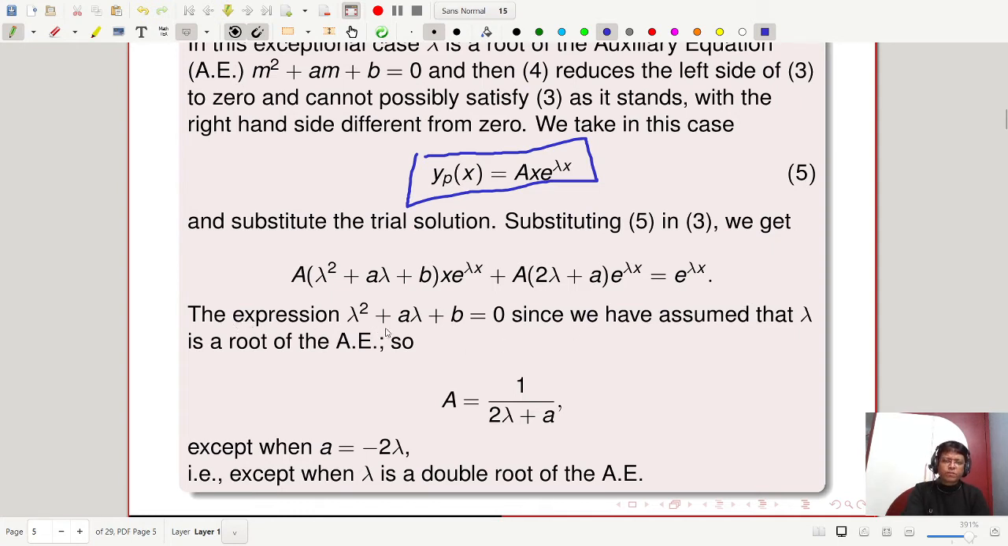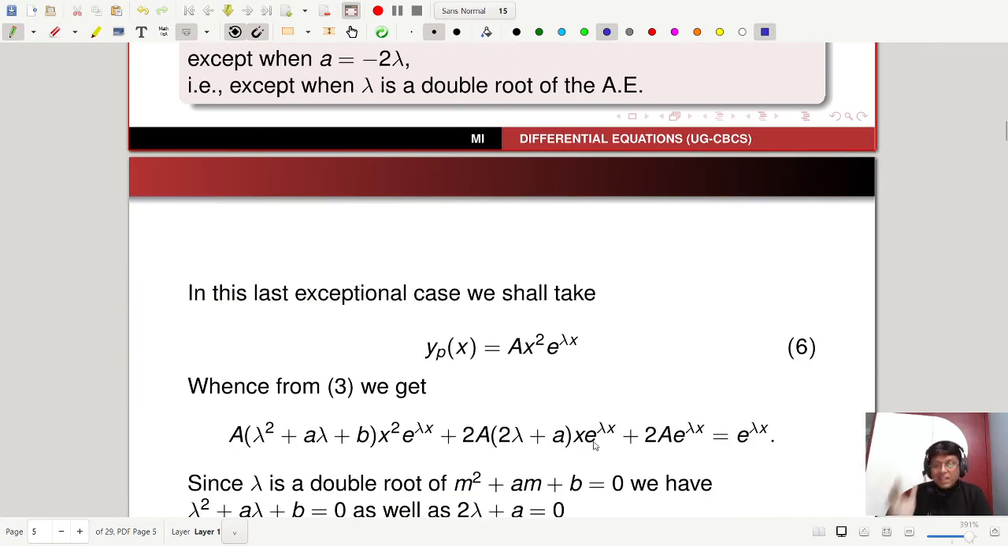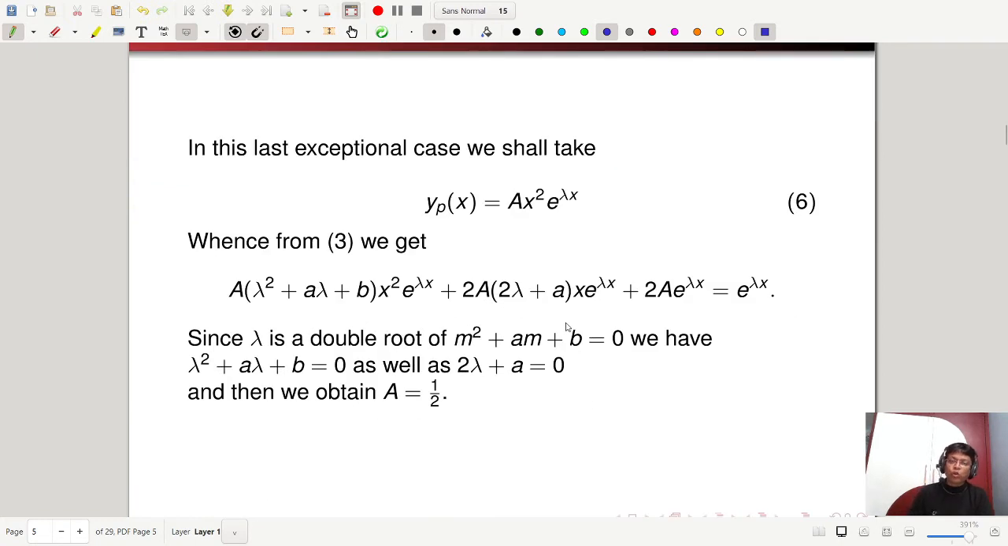The expression will be 0 since we have assumed that lambda is a root of the auxiliary equation. So this must be 0, right? So you have a equal to 1 by 2 lambda plus a, provided that a should not be minus 2 lambda, except when a equal to minus 2 lambda, or when lambda is a double root of the auxiliary equation, right? So in this last exceptional case, that is when lambda is a double root of the auxiliary equation,